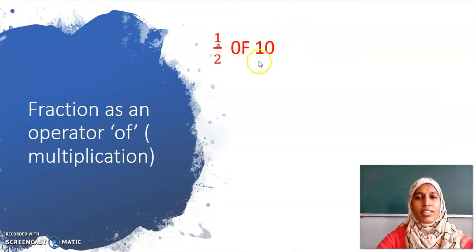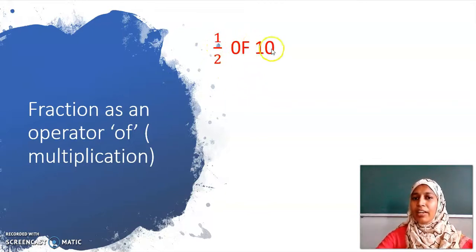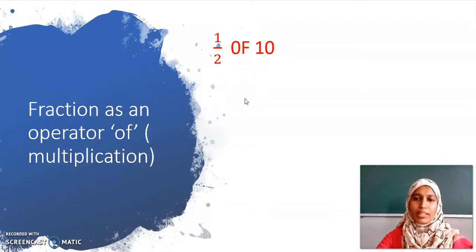It's easy to answer. If you have scored 10 marks in a class test, if I ask you what is half of 10, your answer will be easy. You will just easily say it's 5. You got this answer by the multiplication of half and 10. This "of" stands for "into", multiplication in maths.